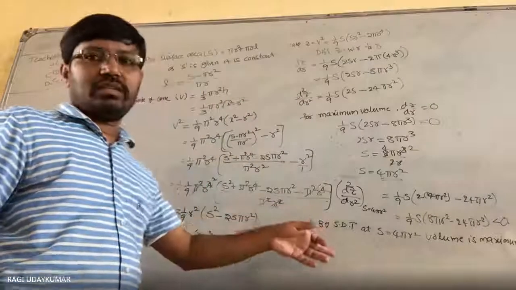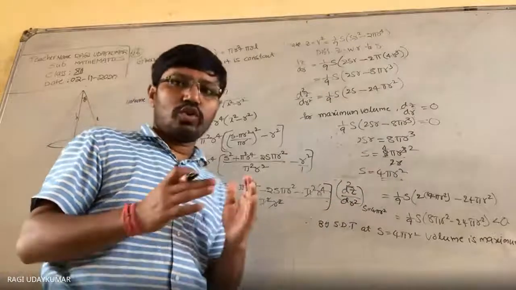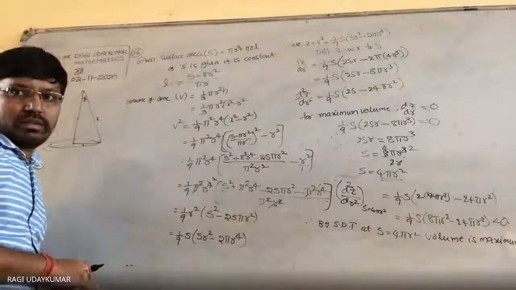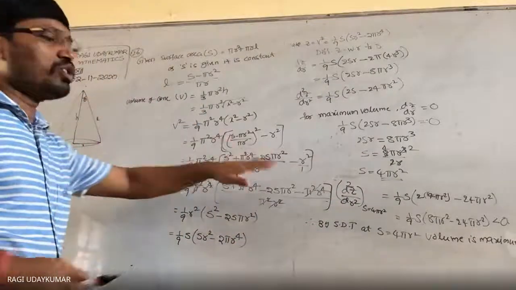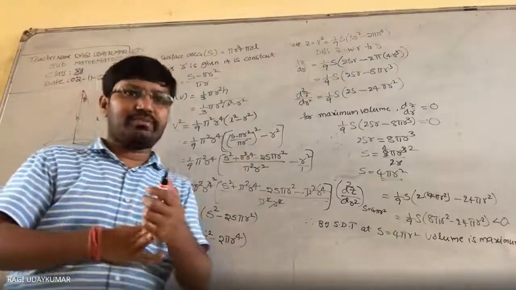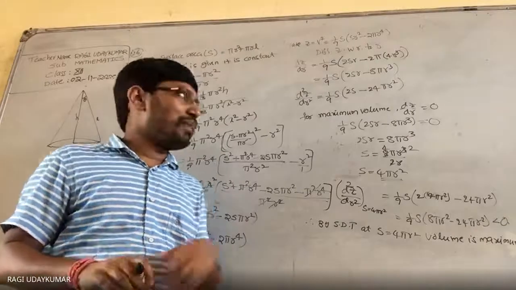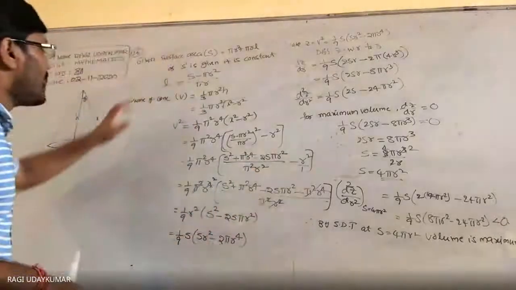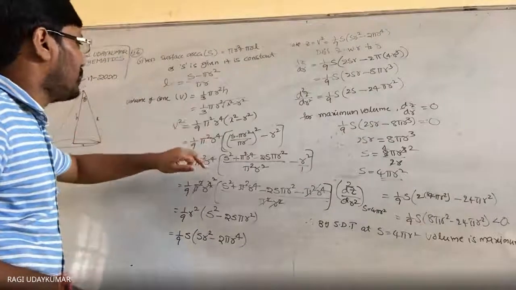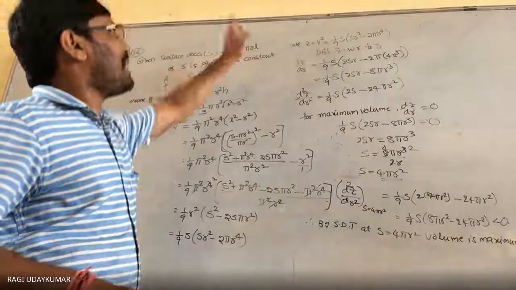So the question can be framed in another way. Prove that the surface area S of the cone with the maximum value is equal to 4 pi r square. Like that, the question can also be framed. So now S is equal to 4 pi r square is given to you. But originally, what is S here? Yes, here pi r square plus pi r L.